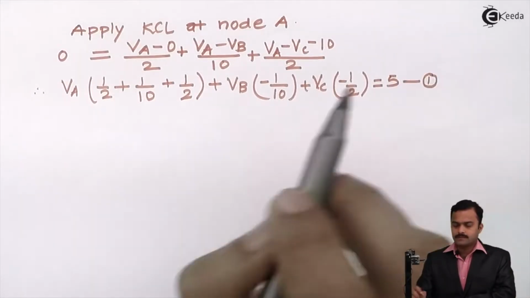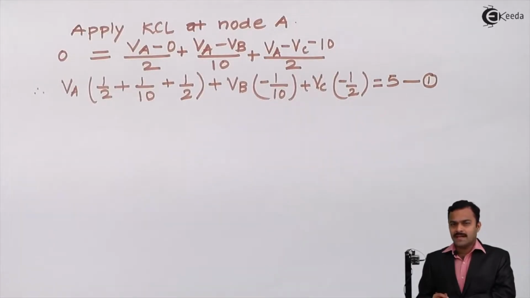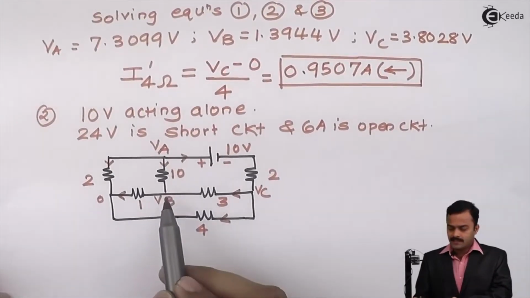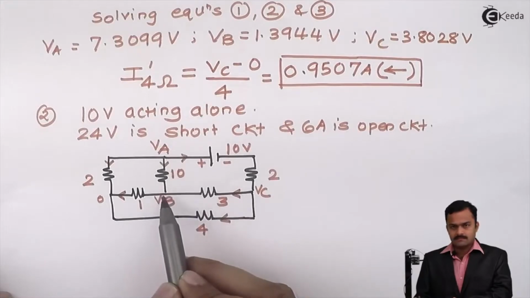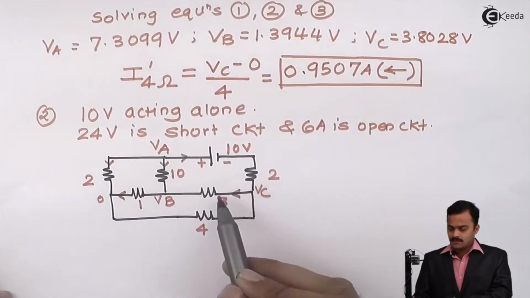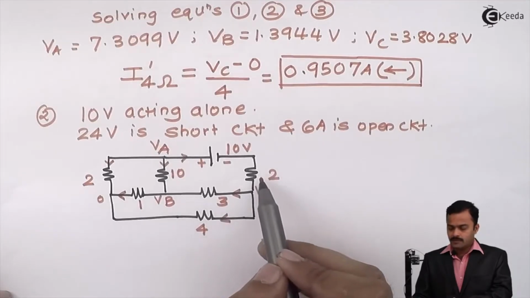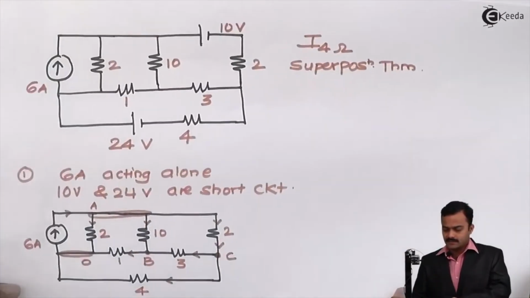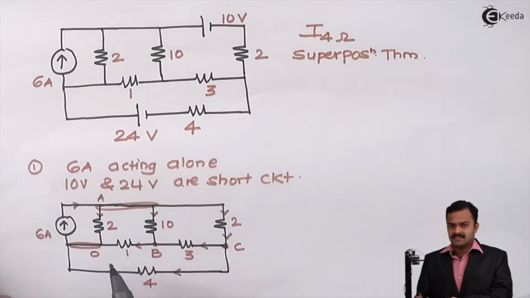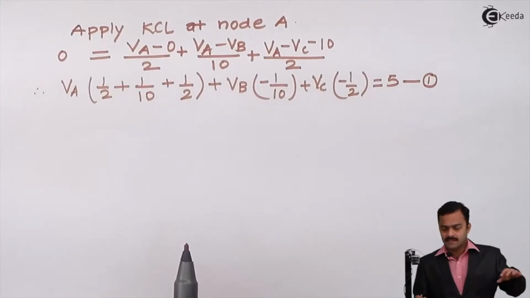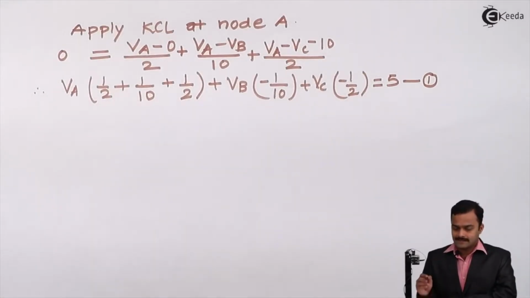Equation number 1. Now comes the real advantage of the first circuit. Let's go back to the second case. Here at B I am having 3 branches, all of them having resistances. Similarly at C I am having 3 branches, 2 branches having a resistance and 1 branch with resistance plus voltage source. If I compare node B in the first case, it is absolutely the same as in the second case. So I can directly write equation 2 of the first case as equation 2 for the second case.